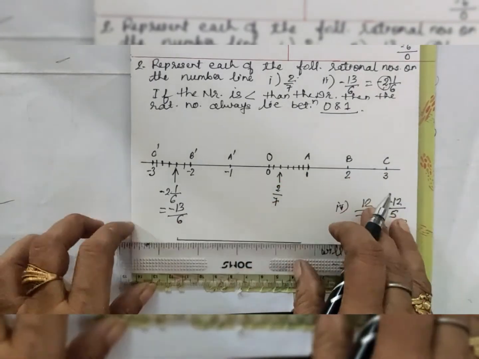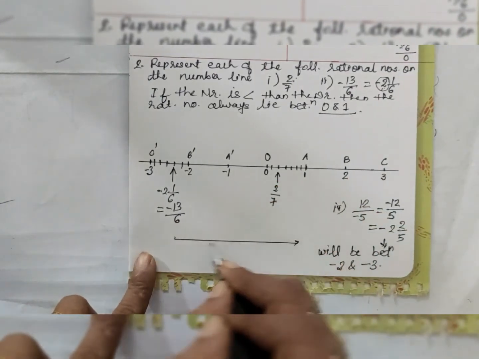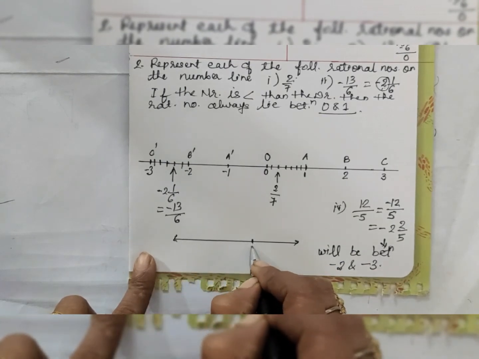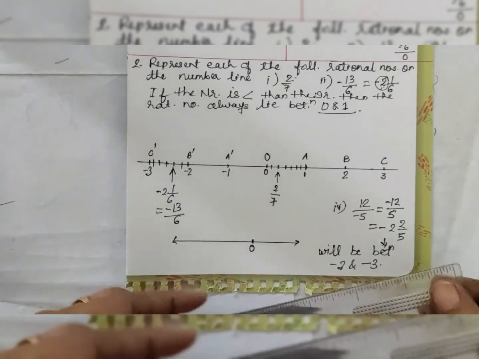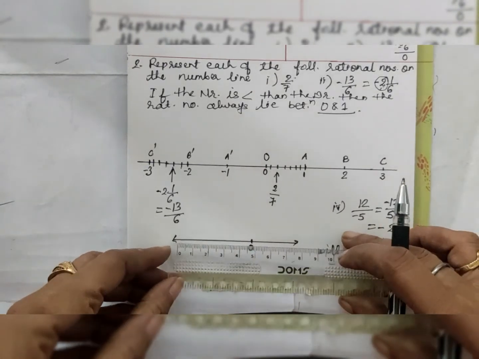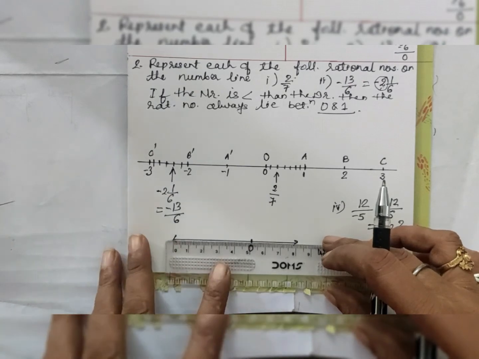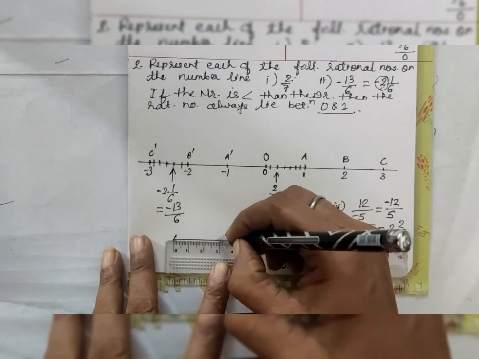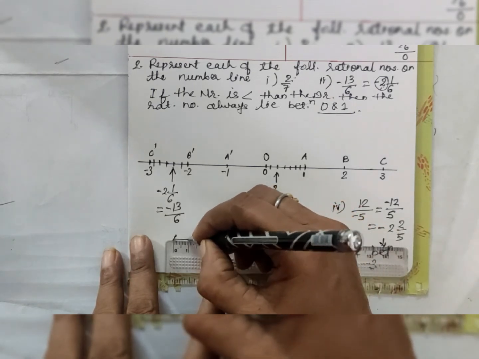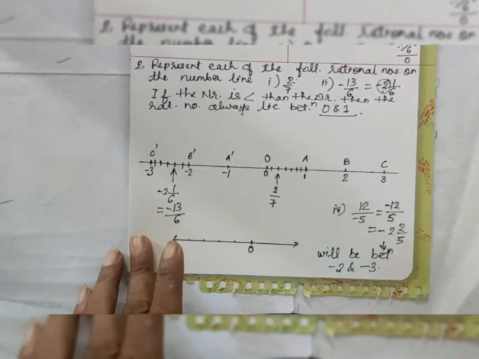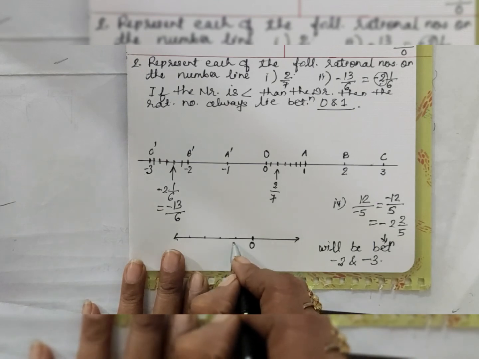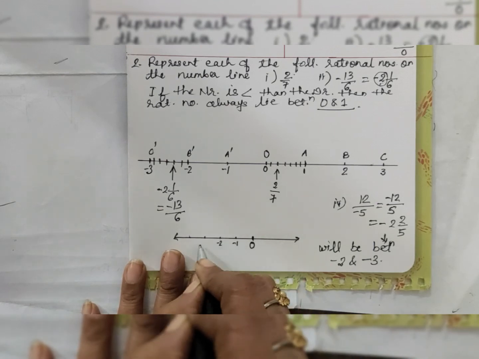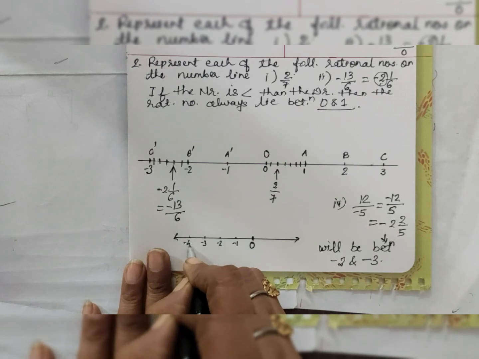So what you can do, simply, sorry children, simply what you will do, you can draw one more number line in this way. Okay, take 0 here because you want only negative, so you can take 0 here. Now divide this into equal parts. Here children, see, now I am taking one unit gap as 1 centimeter. This is 1 and 1. Here the distance I have taken is a very small distance. Okay, and now you see this is 0, so on the left side this will be minus 1, this will be minus 2, this will be minus 3 and minus 4.